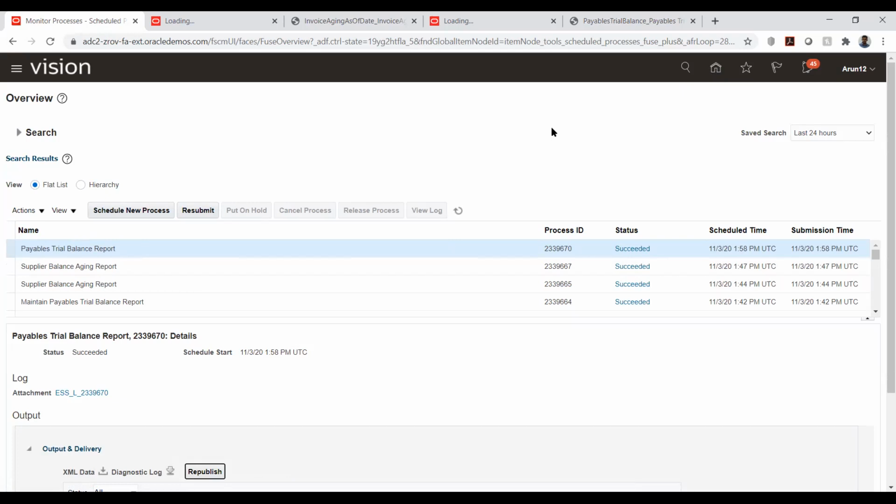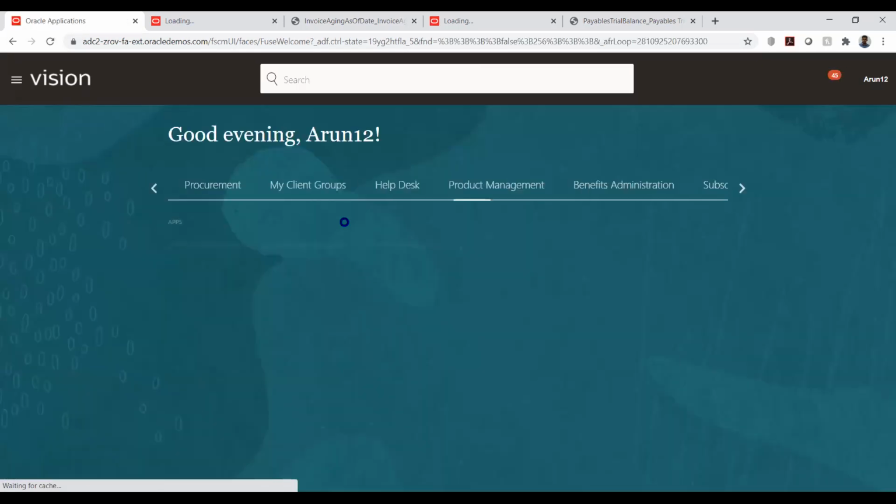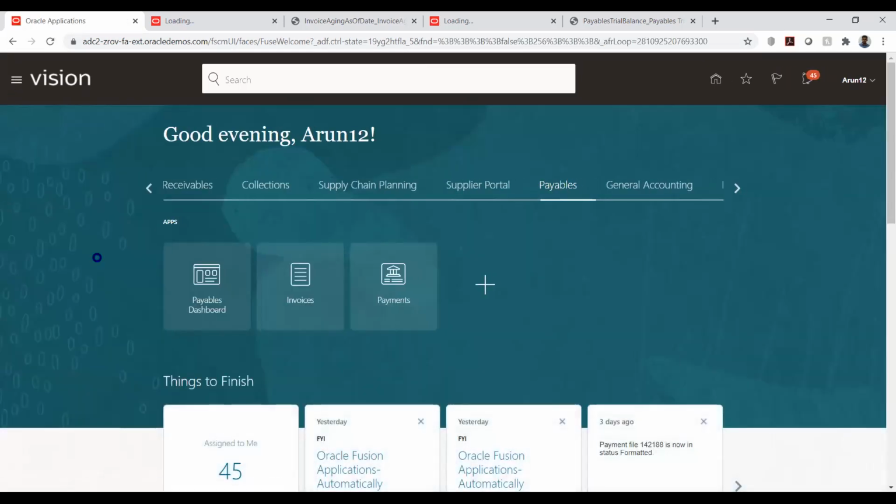And apart from that, we have the subledger exception report as well.